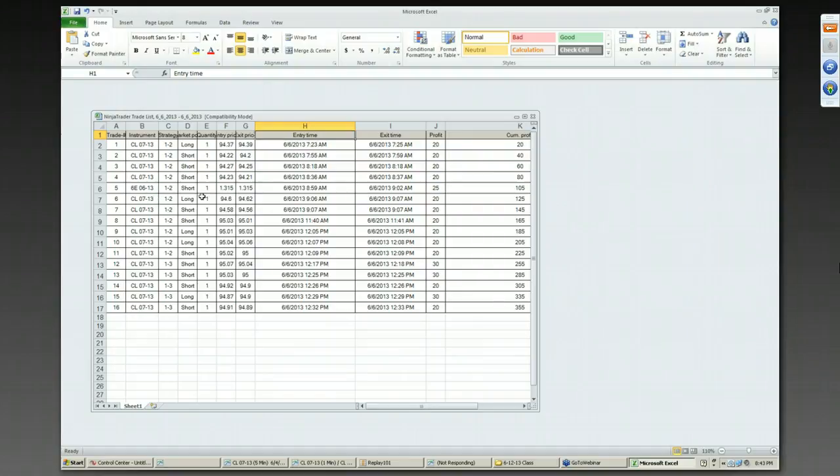I actually threw in a 6E trade in here, 8:59 to 9:02. Do you think I want to sit in a trade from 8:59 to 9:02 for a creepy two ticks? I want to trade 6E? No. This is the kind of documentation and review that's going to help you decide how to maximize the potential